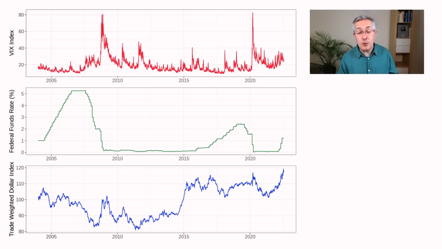Why has the dollar been strengthening? Certainly over the short term, what happens is if people are scared, in other words, equity markets are selling off and risk appetite is generally falling, then usually that makes the dollar appreciate. That's because it's seen as a safe haven currency, probably the safest in the world. And certainly 2020 was no exception. When we had the big pandemic sell-off, there was a huge spike of VIX above 80%. And if you look at the trade-weighted dollar, sure enough, it rallied very rapidly during that sell-off. Another period when that happened was in the global financial crisis. Again, VIX went above 80%, and again you can see that the dollar rallied as a result.